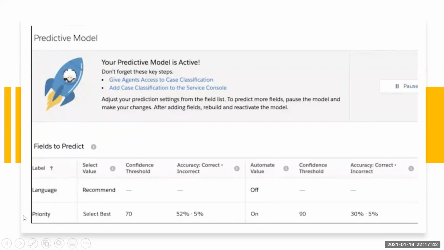That means once the email has been sent and the case is created, priority will always be auto populated. And one thing to consider here is that case classification will classify only the new cases, it will not classify the existing cases.